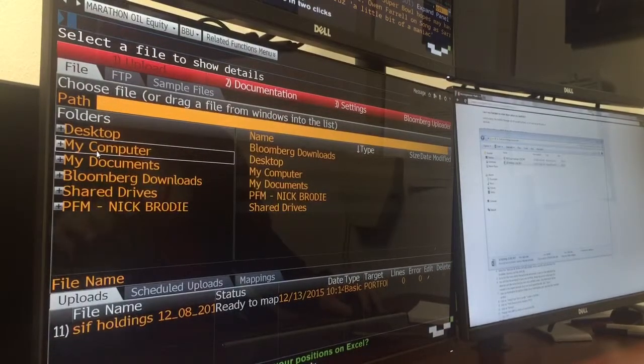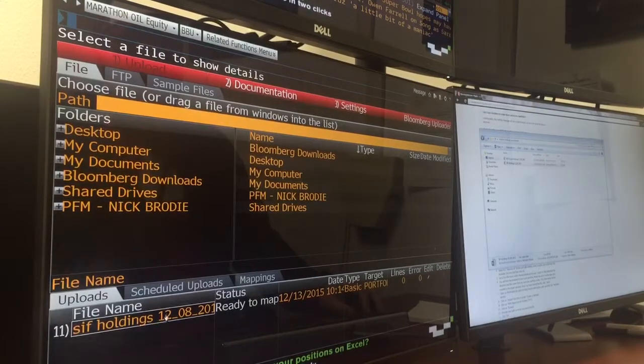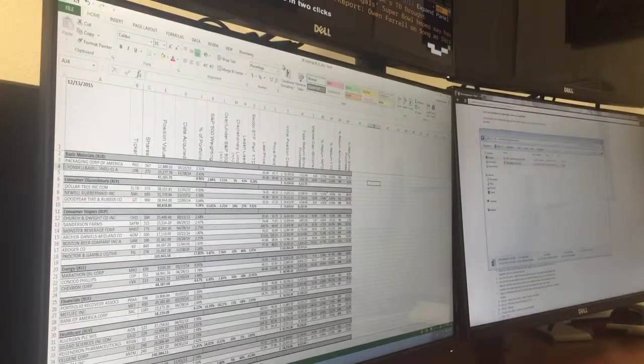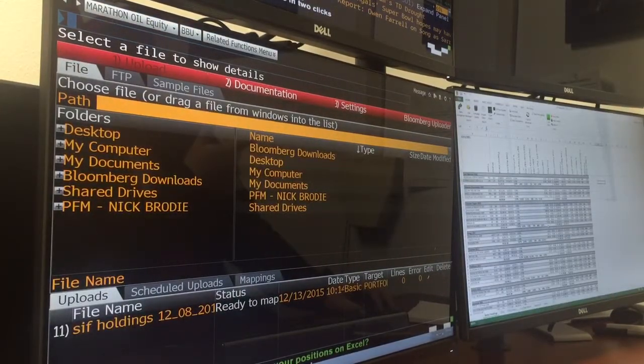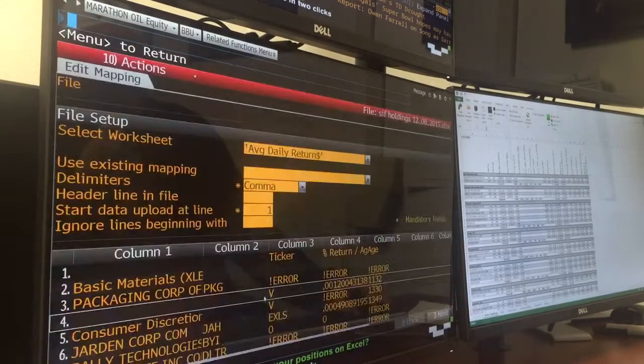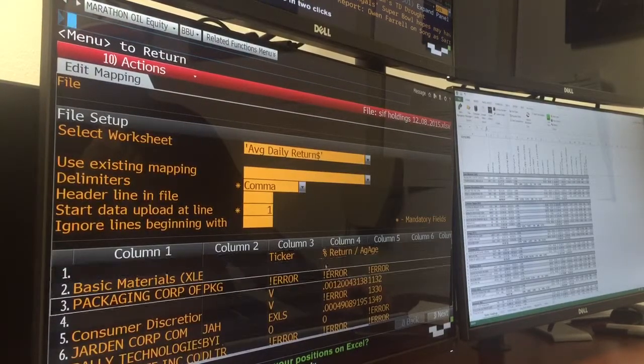And for things to work, there has to be some manipulation of the data sets for it to be properly accepted into Bloomberg. So this is the file here, and I'm pretty sure what I had, because I did a lot of work on that computer, but then when we lost that Bloomberg terminal, I was trying to go back through and trying to find everything. Okay. But essentially, I went through the mapping process here, and you have to go through and